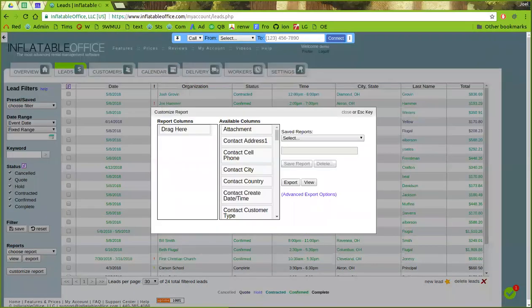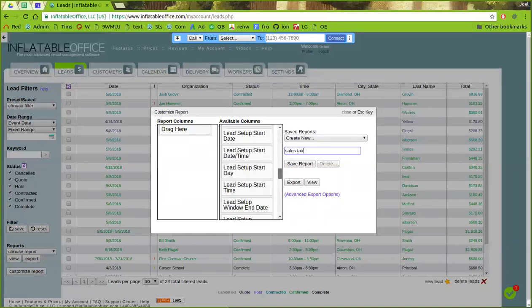Hit Customize Report when you're on the lead screen. We're going to go to Create New. We'll call this Sales Tax. We're going to drag over the columns for payments. So I scroll to the bottom here of available columns. I'm going to do